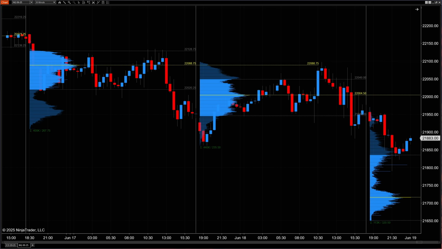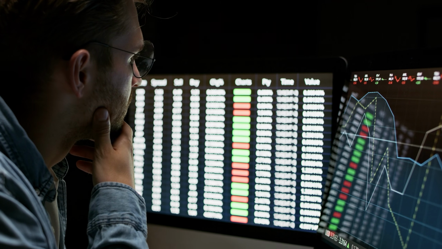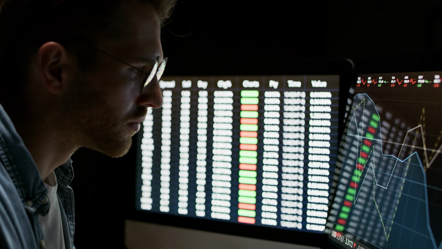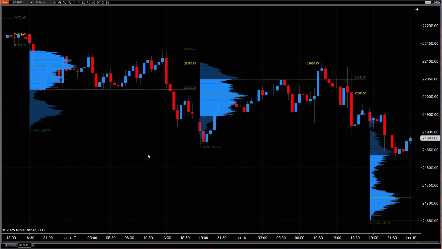What if I told you by looking at the volume profile shape, it can give us a very good idea of what to expect on the following trading day? Now, today's video, we're going to be talking about one specific volume profile shape. And within this volume profile series, we're going to actually go through each day type one by one. I want to break this down so we don't make this video so long, and I want to get straight